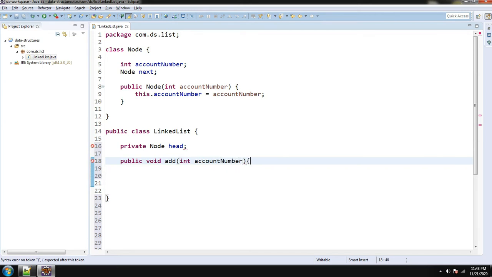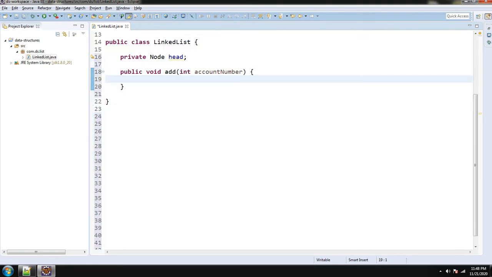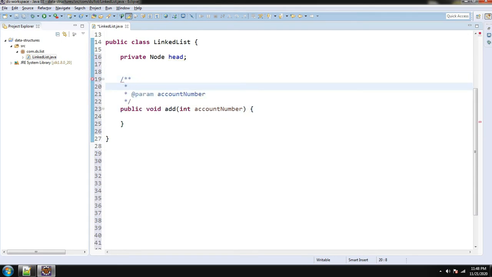Throughout this coding, I will add comments also so that we get to know what is going on, and we can confirm at the end by reading the comments whether we implemented what we discussed. This method creates a linked list if it is not already created. If it is already created, it will add at the end of the linked list, like appending at the end.